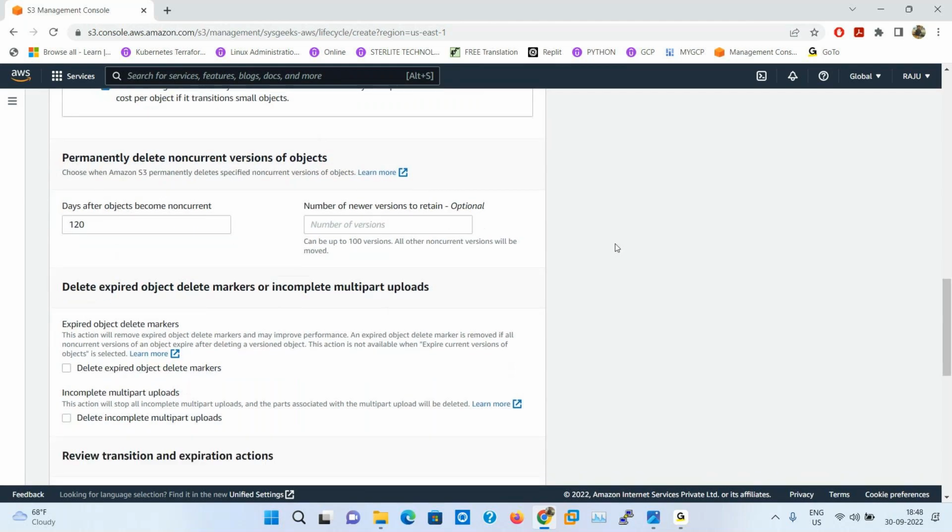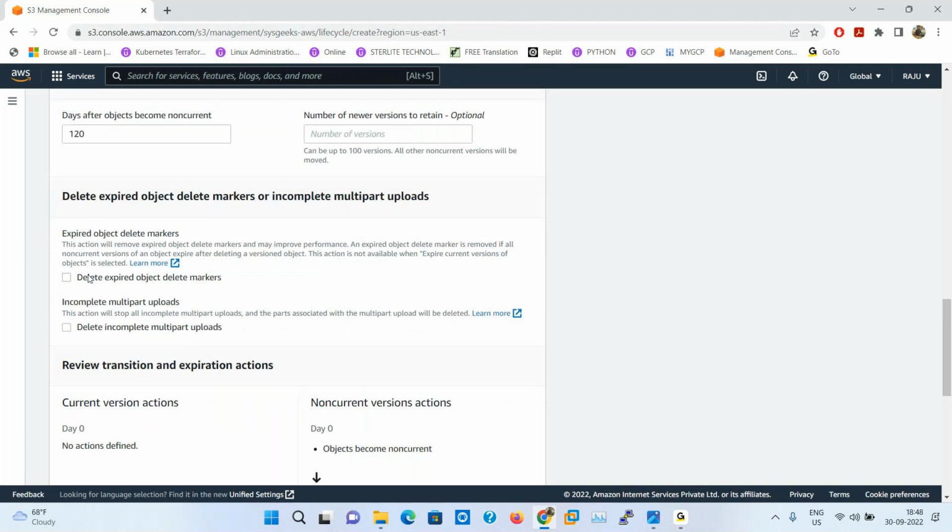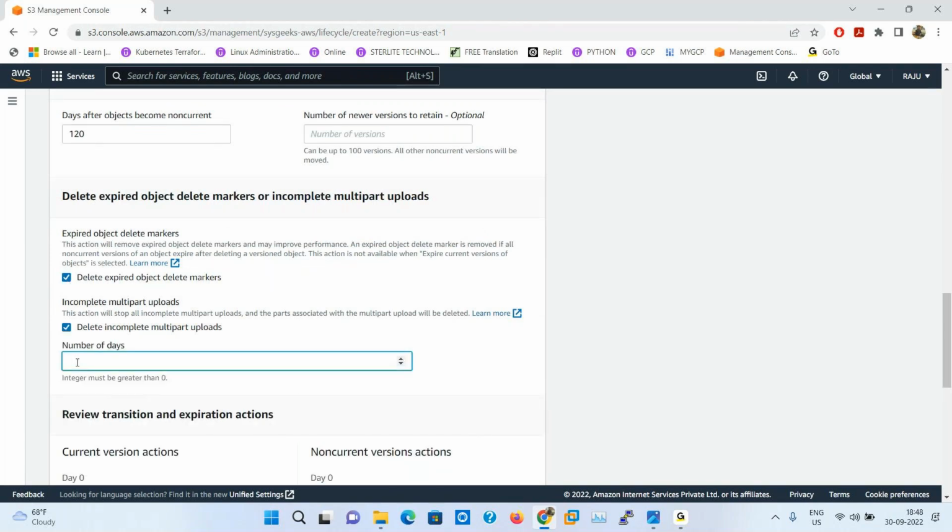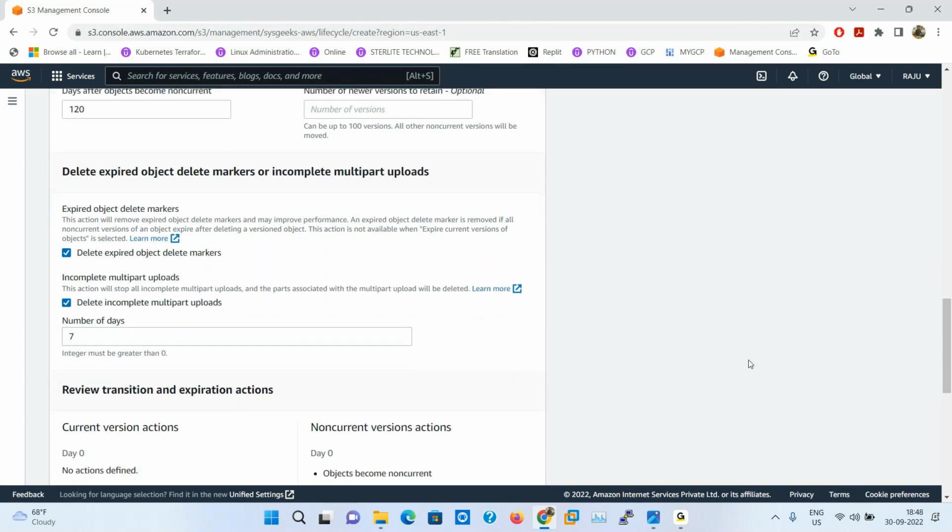Then delete expired object delete markers and incomplete multipart uploads after 7 days. After 120 days it will wait 7 more days, then it will delete everything. So this is the action selection.